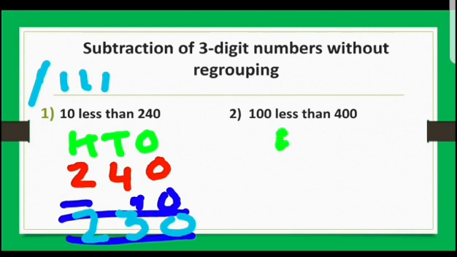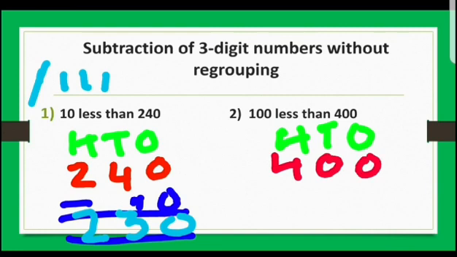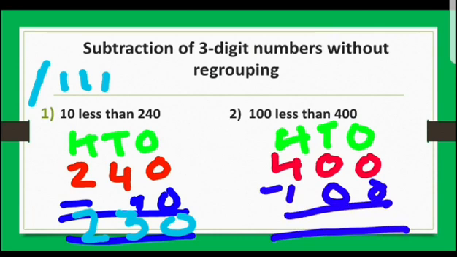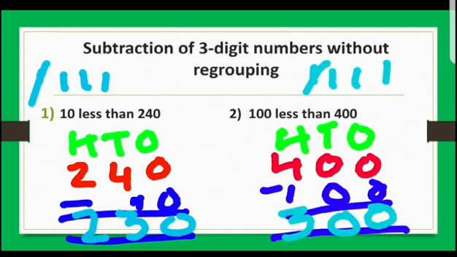So now we will write again the place values, children. And then the bigger number between 100 and 400 is, yes, 400. So 400 we will write on top. And then we will write 100 under it, minus. Now we will subtract. So children, 0 and 0, it is 0. Again 0 and 0, 0. 4 minus 1, 1 2 3 4 lines. Cross out 1. How many left? 1 2 3. So write 3. So what you have got? 300. Again the method is same.